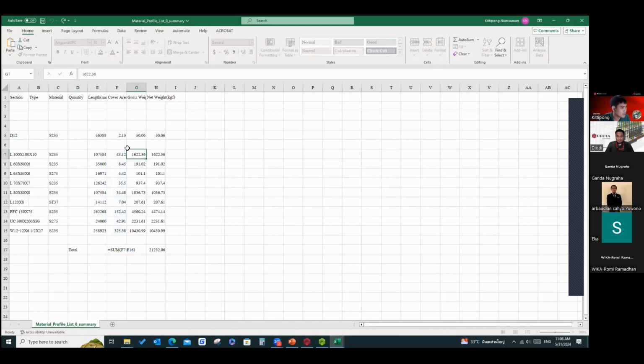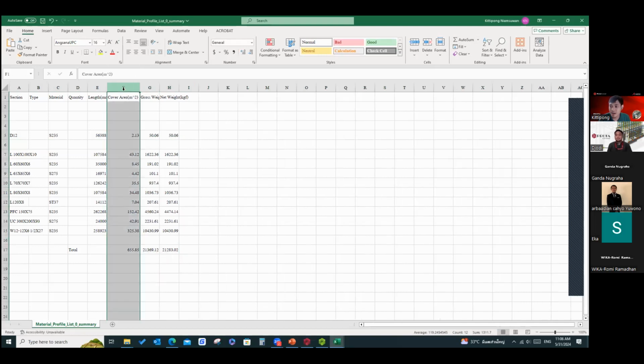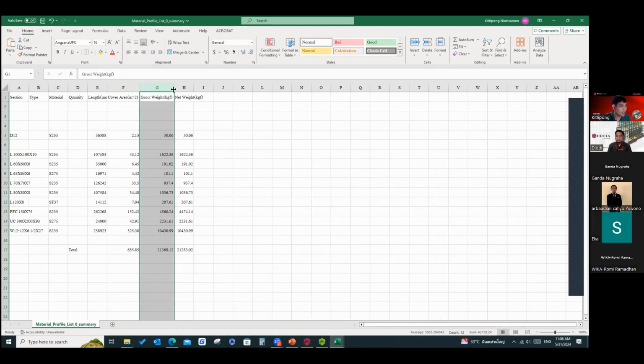Now we have the cover area of the steel structure. The cover area means the area of painting, the coating of the steel, and the weight of the structure. See, it's done.